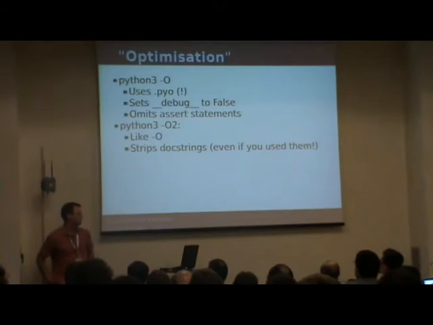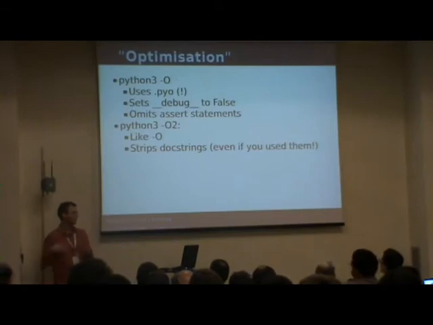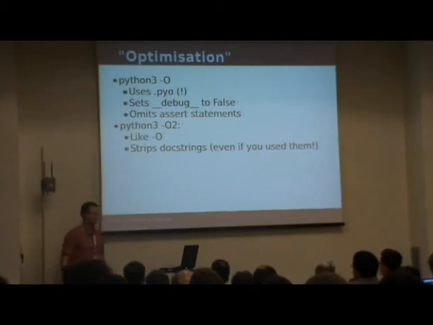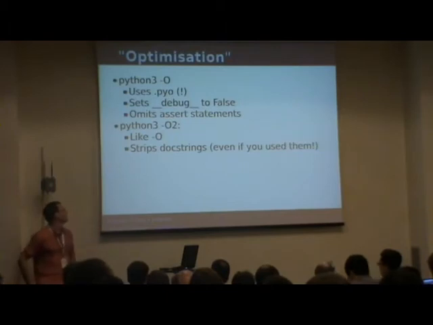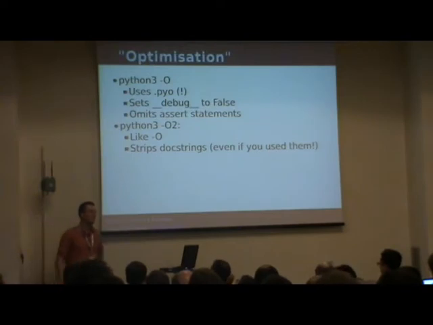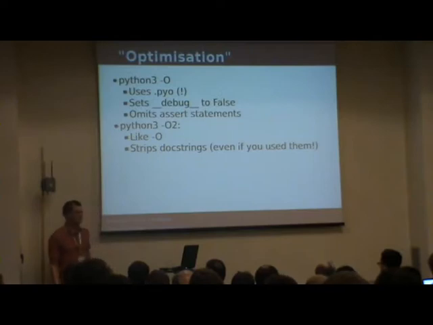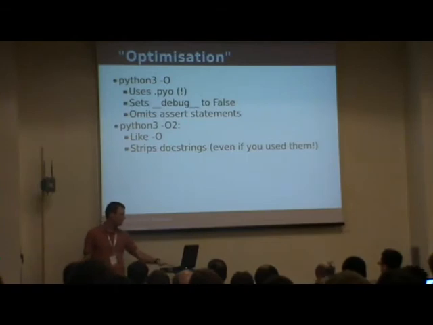the debug thing is actually useful. It means you can write some tests or some extra code under an if __debug__ block, something like that. So that will evaluate to false when you use optimization. And you'll also skip certain assert statements, which can also be useful. O2 is a way of making the files a bit smaller by skipping docstrings. However, you have to watch out, because if you're using a docstring, you still use it and it will crash. But